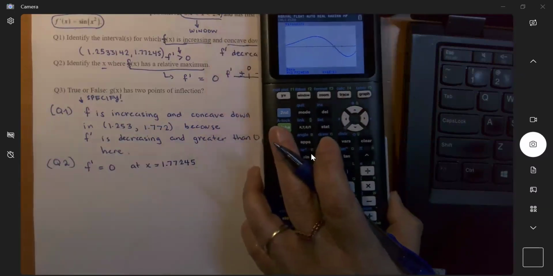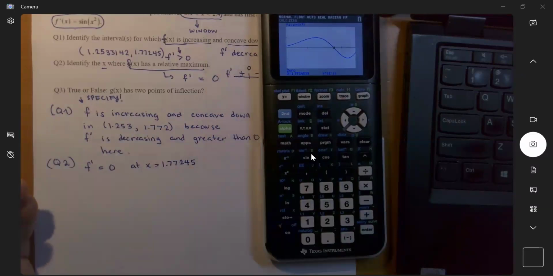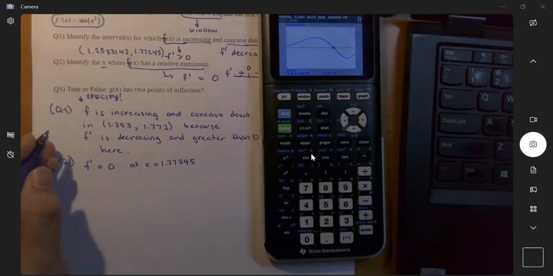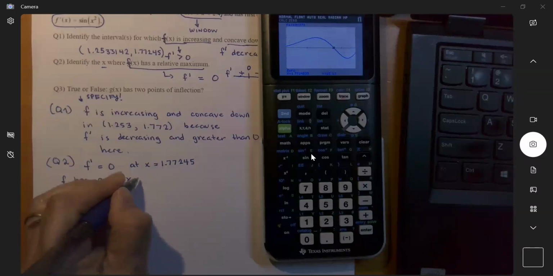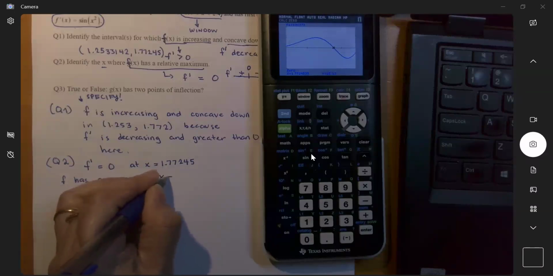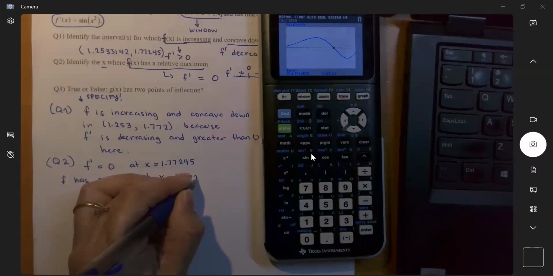Okay, F prime of x is 0 at this x. And then I'll say F has a relative maximum at x equals 1.77245,